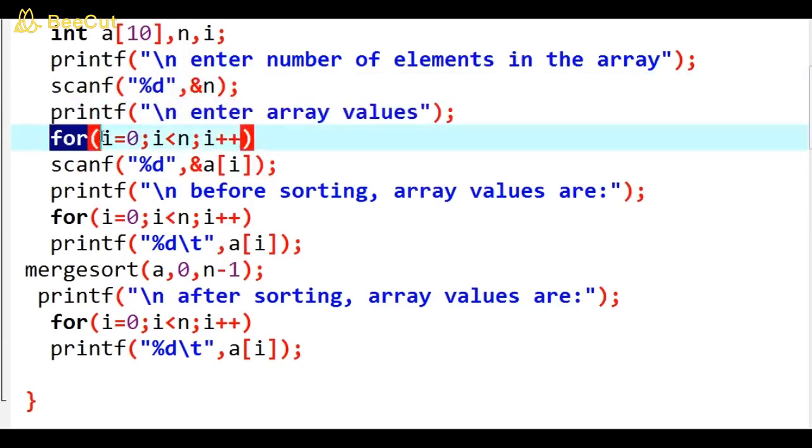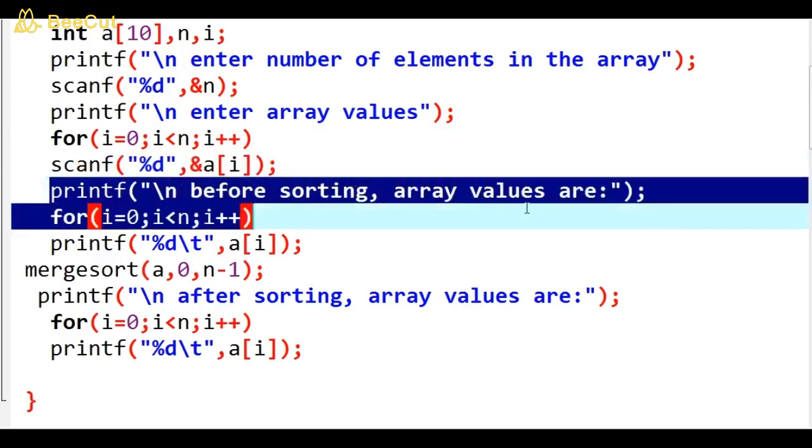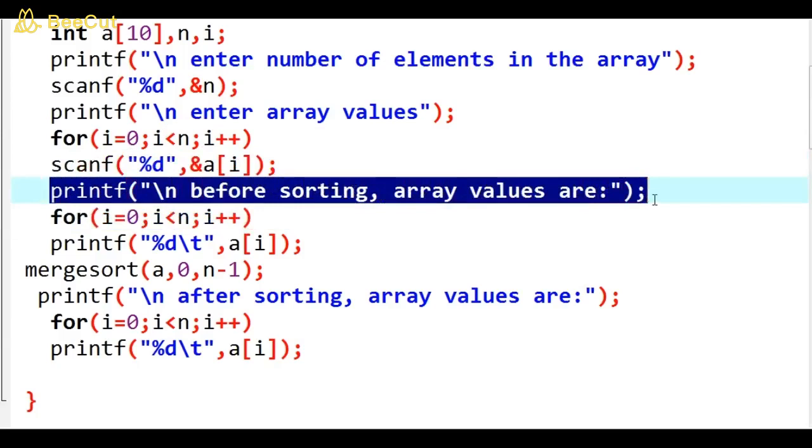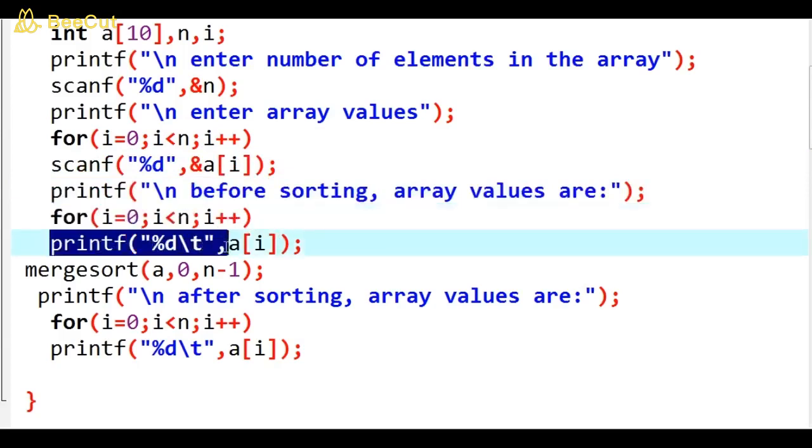So we enter all the n values starting from index 0: for(i=0; i<n; i++) scanf("%d", &a[i]). So this for loop and scanf statement is for entering n number of values into the array. Then I print the array values before sorting: printf("before sorting array values are"); for(i=0; i<n; i++) printf("%d\t", a[i]);